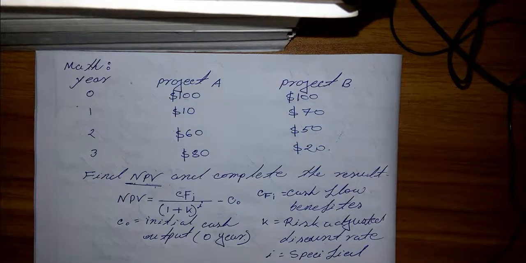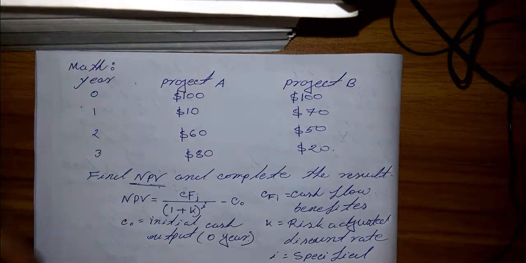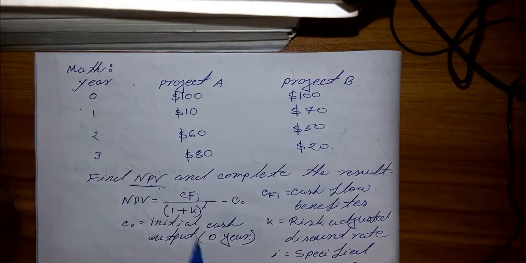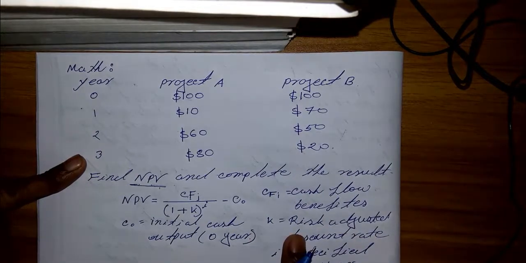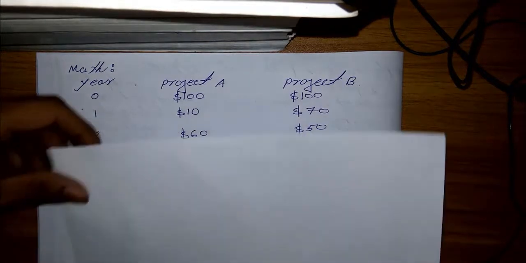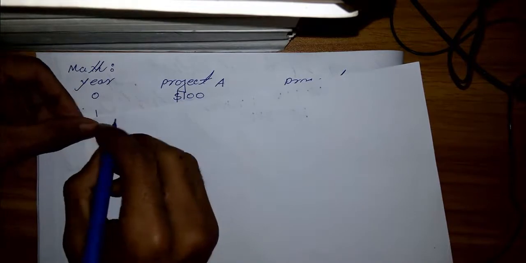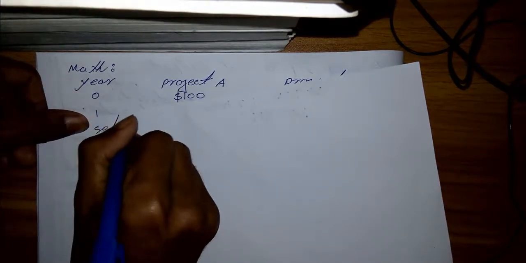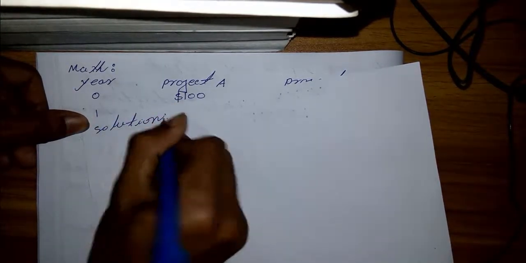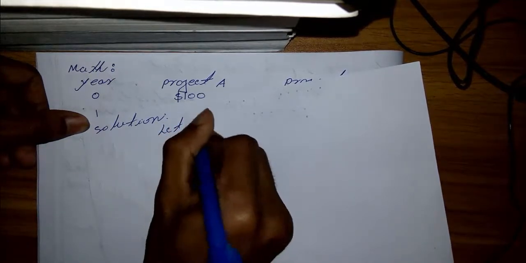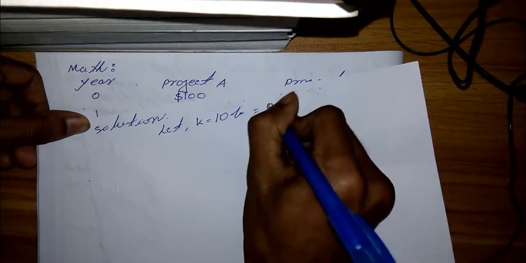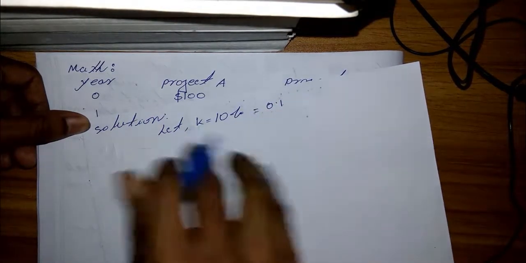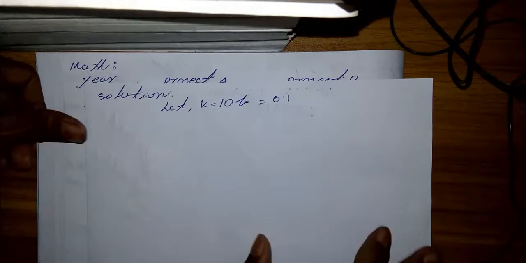So let's solve this math problem using this method. First, there is no given value of K. So I just assume, or let's say, K equals 10%. That means 0.1 is the value of K. Okay. After that,